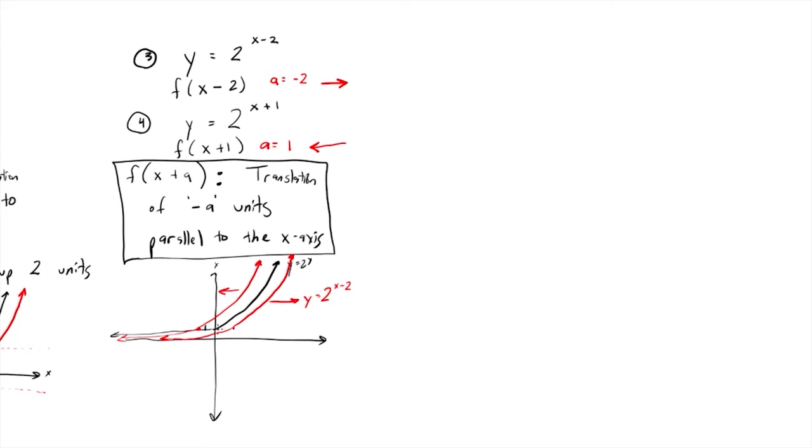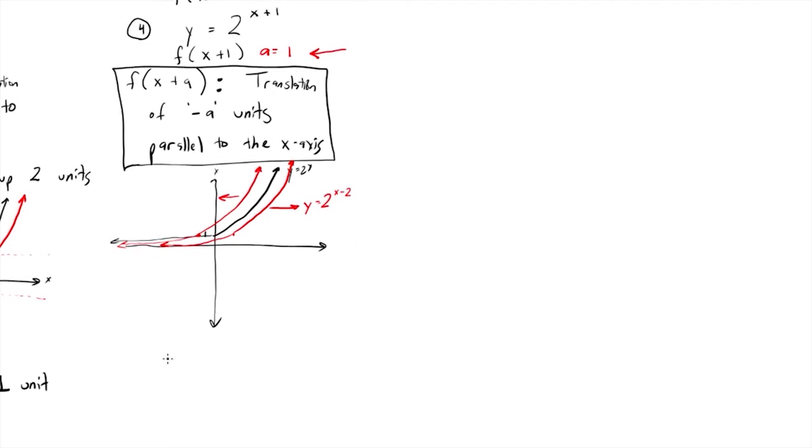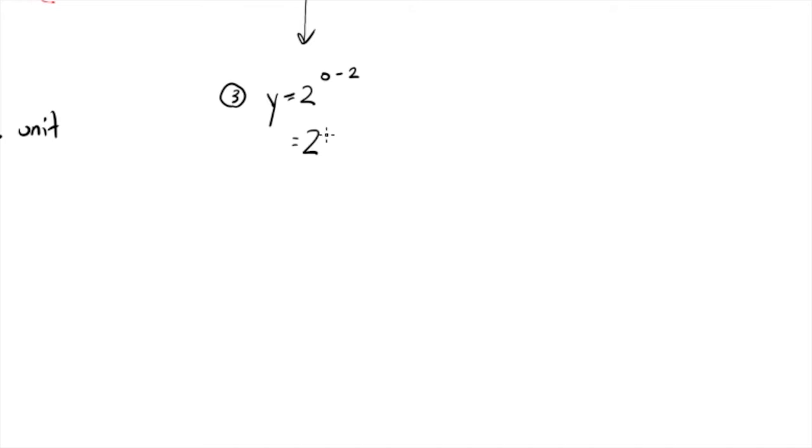So now you're wondering, what values do we find on the y-axis to say where this new formula is crossing the y-axis? Or you could just put where x equals 0. So for case 3, where would these graphs be crossing the y-axis? We have y equals 2 to the x minus 2, and we'll just plug in 0 for x. So we'd have 2 to the -2 power, which is equal to 1/4, so it's crossing at y equals 1/4